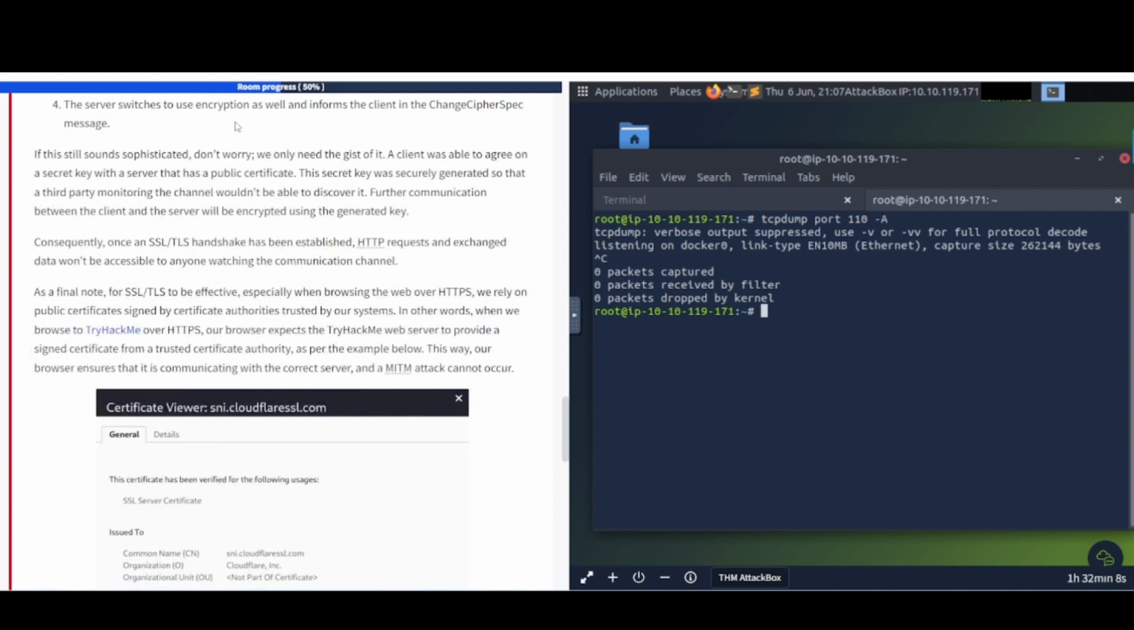If this still sounds sophisticated, don't worry. We only need the gist of it. A client was able to agree on a secret key with a server that has a public certificate. The secret key was securely generated so that a third party monitoring the channel won't be able to discover it. Further, communication between the client and the server will be encrypted using the generated key. Consequently, once an SSL/TLS handshake has been established, HTTP requests and exchanged data won't be accessible to anyone watching the